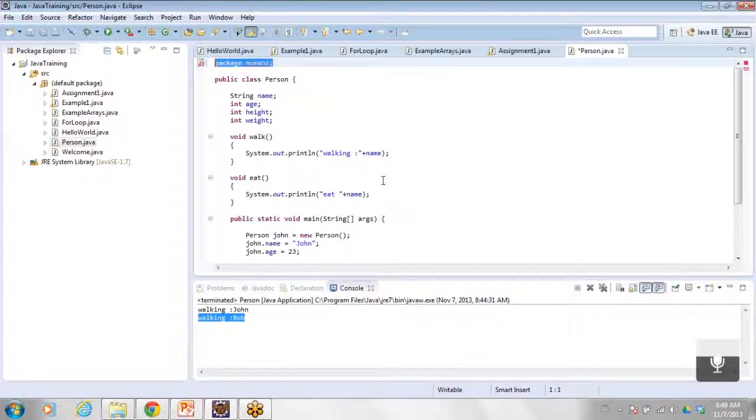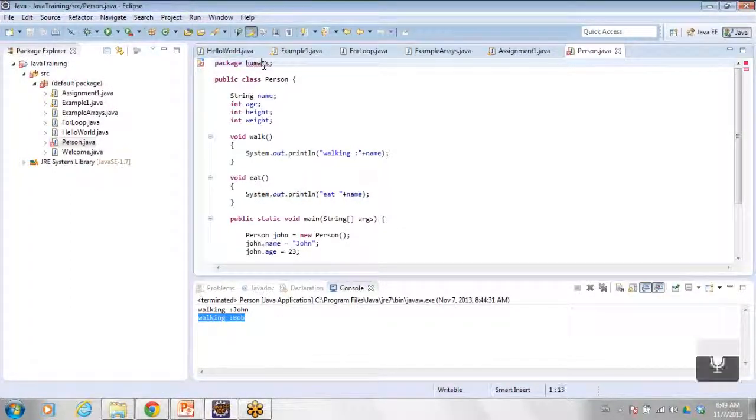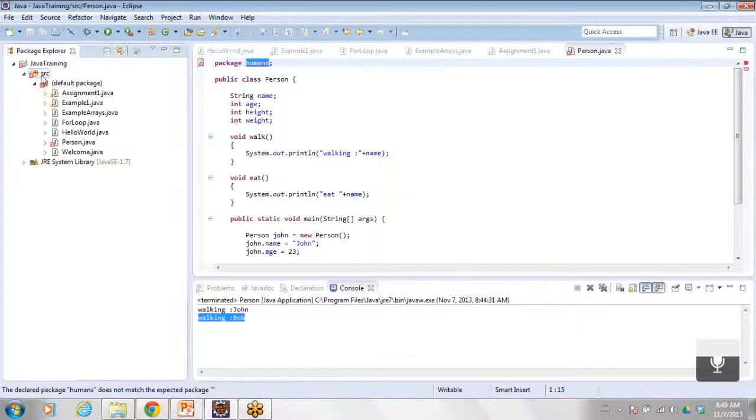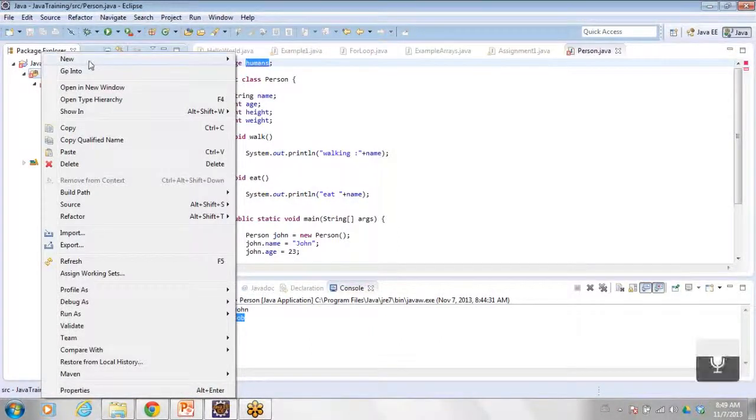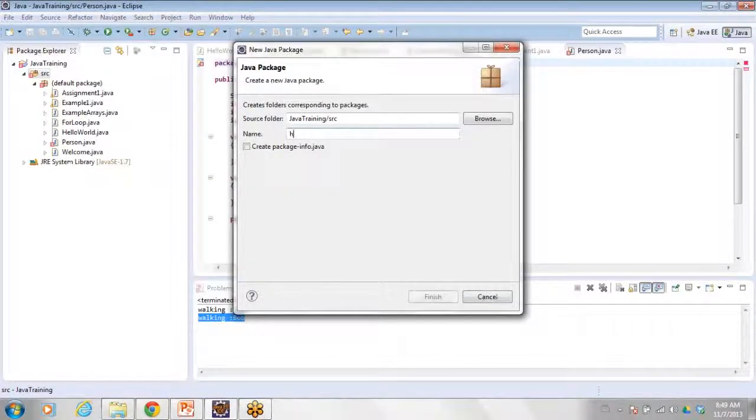So you can define that this class belongs to the package humans. So when you define the package, this class should be available in that package. So I will create a package with the name humans.